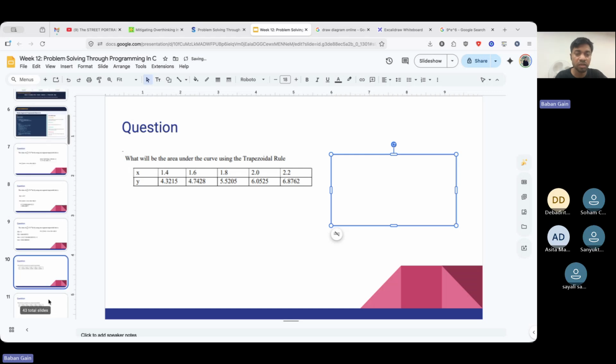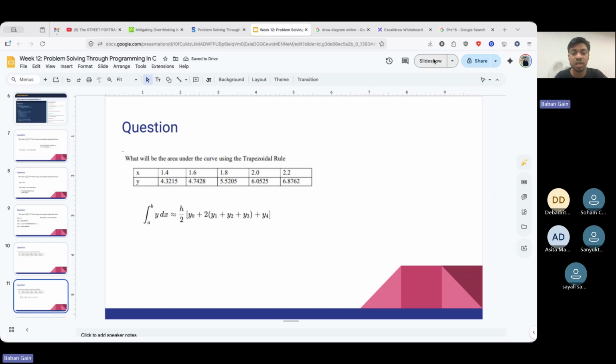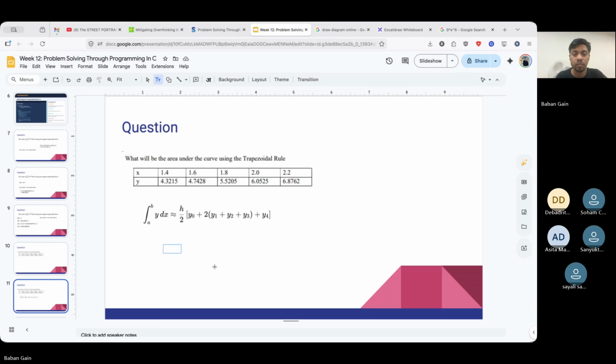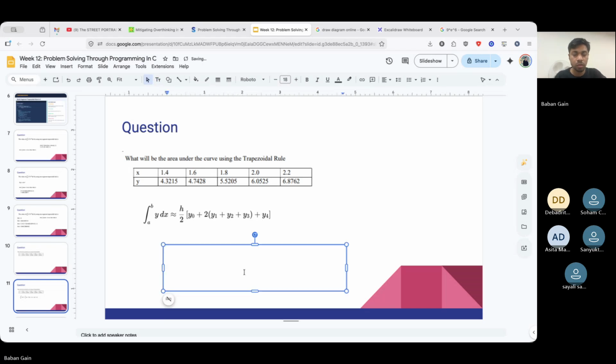So again, there is an equation. This is the equation for multi-segment trapezium. You have to consider the y0. In that case, it is the initial value of y, which is 4.32. Let me just write it here: 4.3215. Okay. I'll come to that. Let me just write the equation here. 2 multiplied by